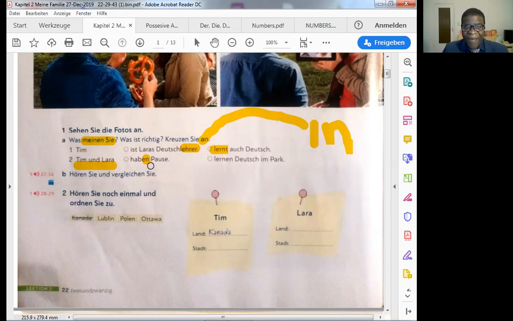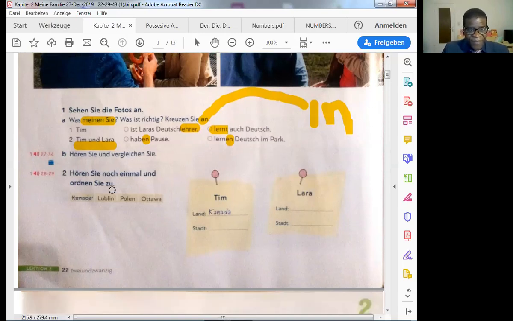Tim und Lara haben Pause, meaning they are having a break or a pause. Or Tim und Lara lernen Deutsch im Park. These two guys, lernen. You see, again, the verb ends with EN. Why? Because of plural. As simple as that. Im Park, in the park, just the same as park in English.